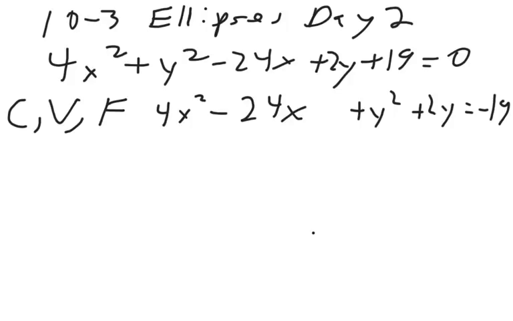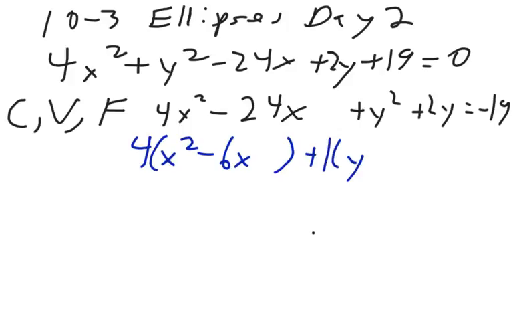Alright, so complete the square. Well, first we need to factor before we complete the square. So I'm going to take a 4 out of this first half. That's x squared minus 6x plus, we're going to pretend like there's a 1 there, y squared plus 2y